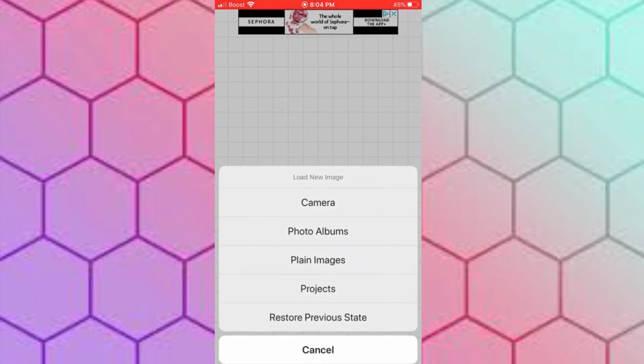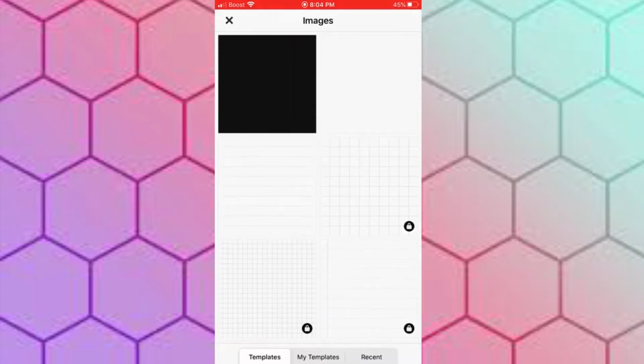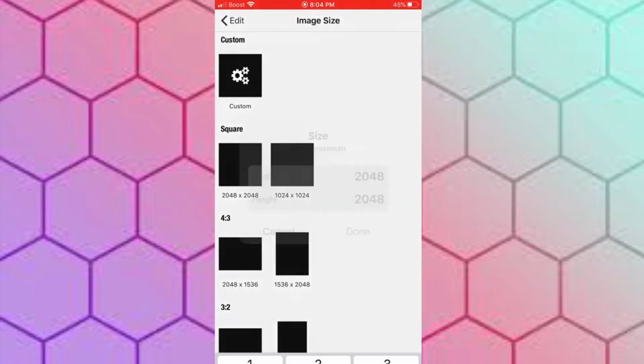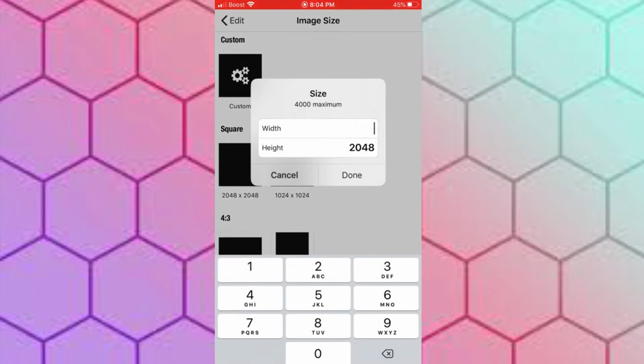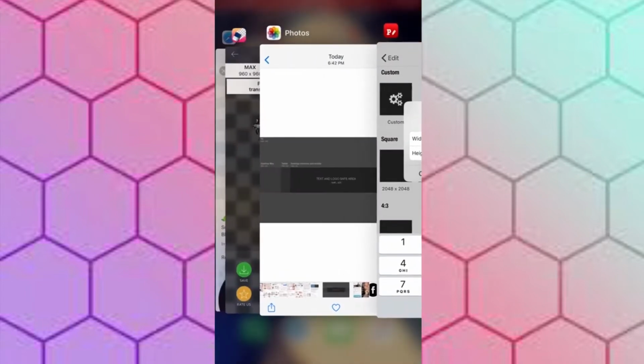I already had an image up there, but I decided that I wanted to just start fresh. I'm starting with a plain image, and then I'm going to do a custom size